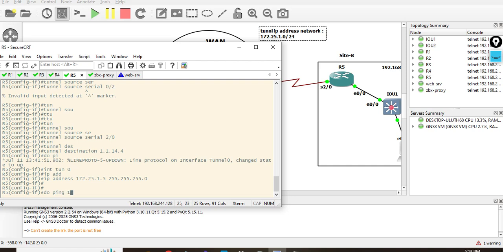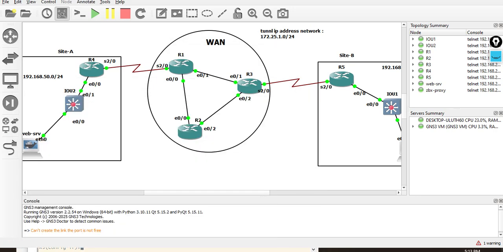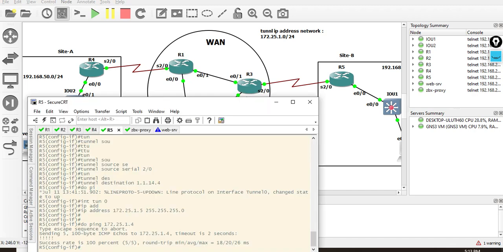Do ping. You can ping the other IP address of the tunnel, 0.4. Yes, you can ping it over the GRE tunnel. Now